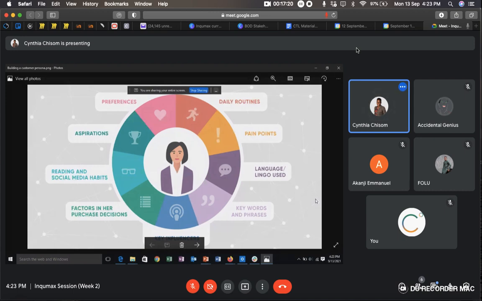You take note of that, right? Also, you want to look at the key influencers. What influences this person to make a decision? For a person who is trying to create a product for a child, you want to know who is the person influencing that child's life. It's the parent. So probably you need to start looking at how do I get the attention of the parents so that the parents can actually buy the product that this child wants, right?